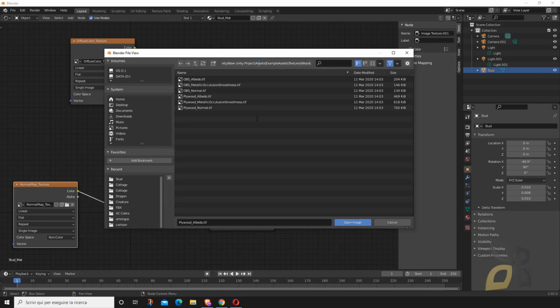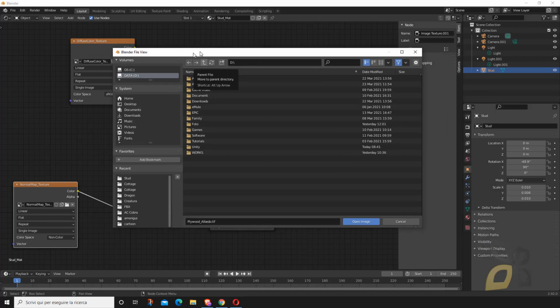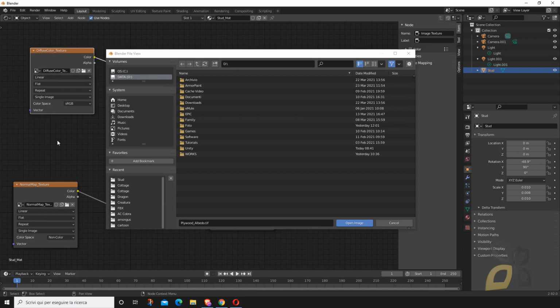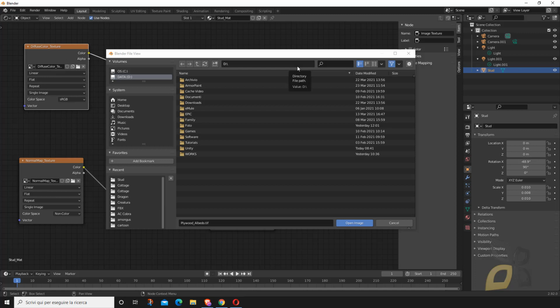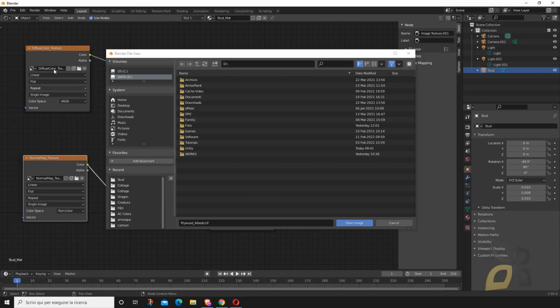So the textures are not actually in my folder where I have exported the FBX file, but they are in another folder, but they are still connected. But this is not really good because if I move the FBX into another part of my computer, then it will lose the texture. So always know where your textures are, and probably you want to create a folder and copy and paste those textures and recreate these bindings.